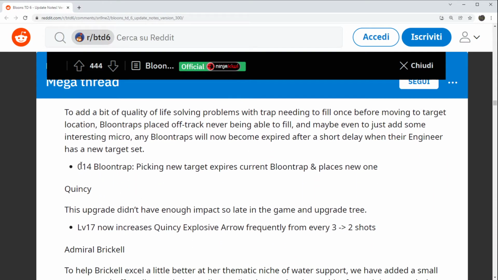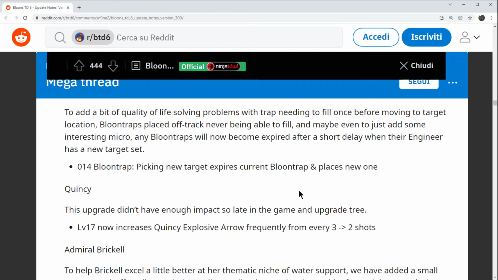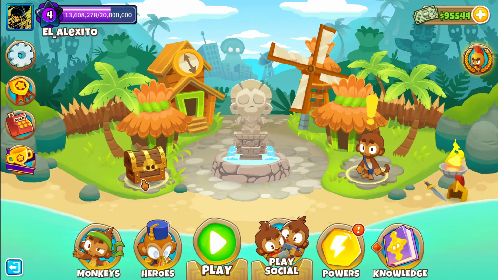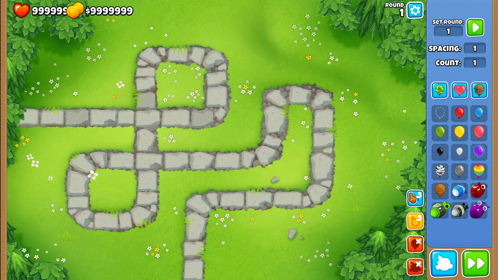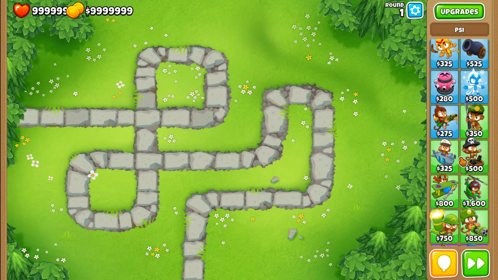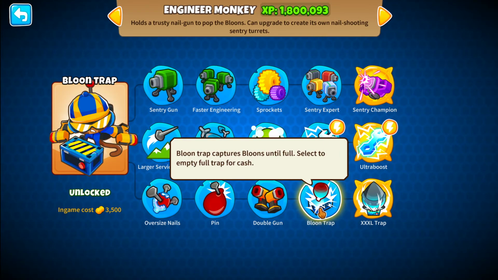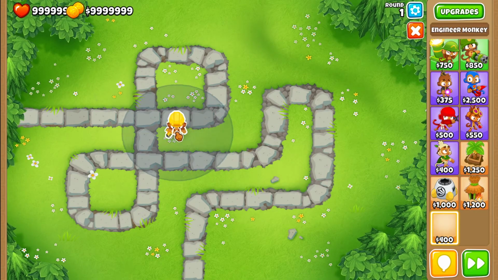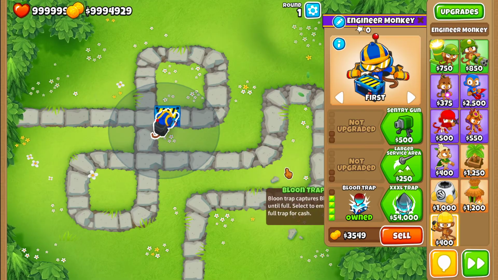Engineer here, I don't really know what this means. Like 014 now, picking new target expires current balloon trap and places a new one. Like I've even tried to go into the game to see how this works, but I haven't been able to figure it out. And I'm gonna just show you guys here. So 014 Engineer, you can see that this one increases the base range, right? And balloon trap is just the cache. So I don't really understand what it means when it says that now when you go for 013